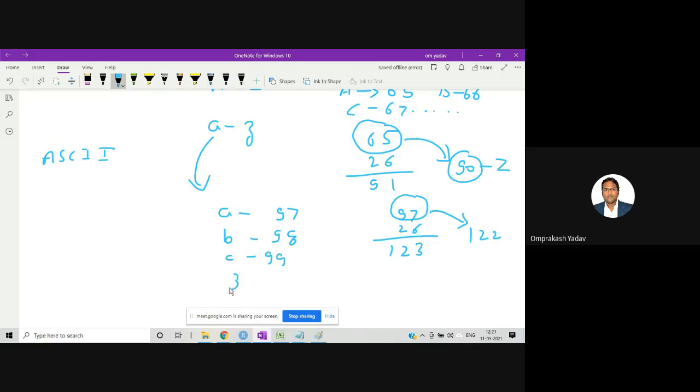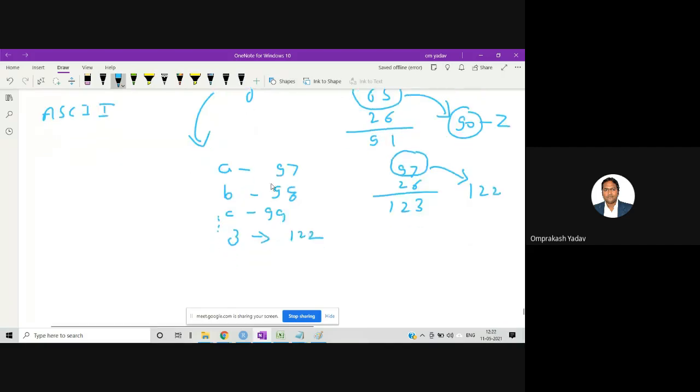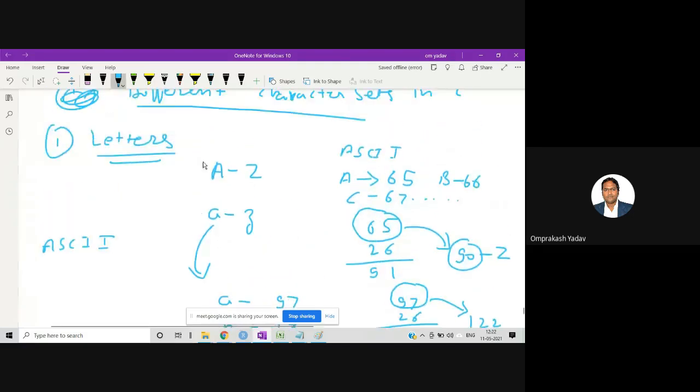So small z will be represented by 122. It's like this up to 122: small a 97, small z 122. Please remember the letters are the same as in the English language. In English we have capital A to Z and small a to z. Similarly here also we have capital A to Z and small a to z.